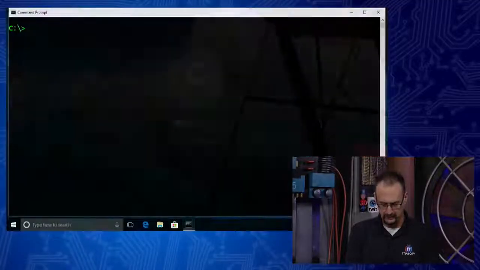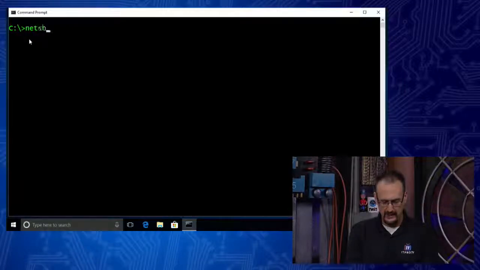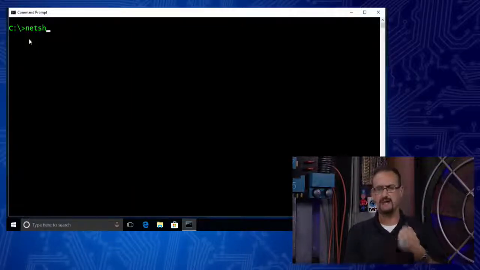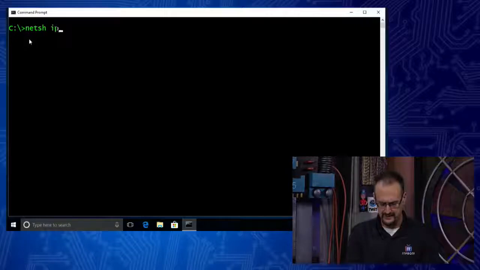Now, I will tell you, in fact, let's go ahead and dive back into our Windows machine here, and let me log back in. It looks like I timed out. And you can actually see this. Another command, and I don't see this command much in the objectives, but I will throw it out there just in case they ask you about it. It's called Network Shell. We call it NetSH, NetShell. It's the way you can interact with the network stack inside of Windows. So you can do a netsh, you do interface,